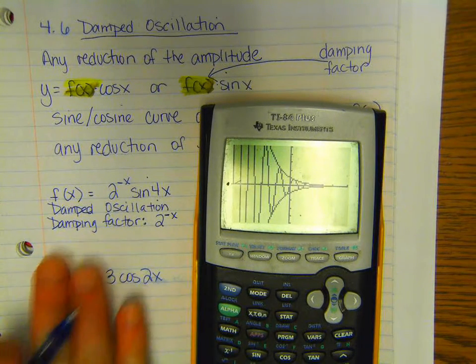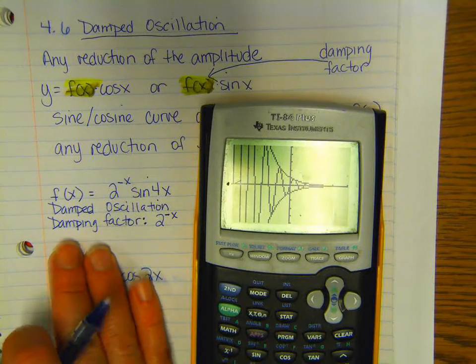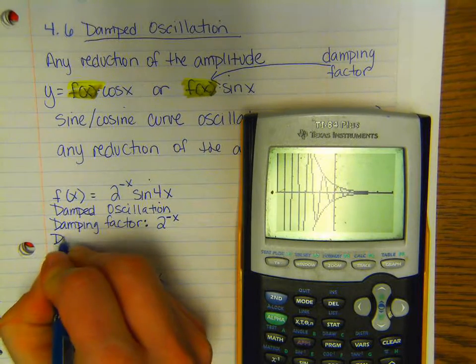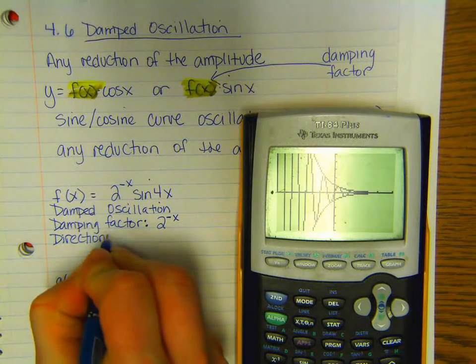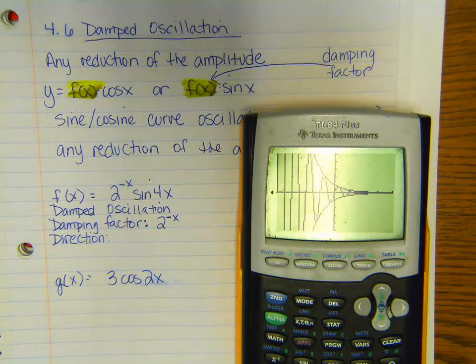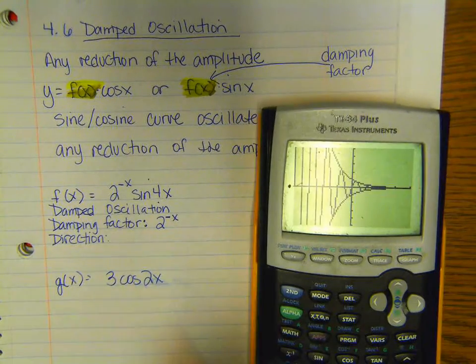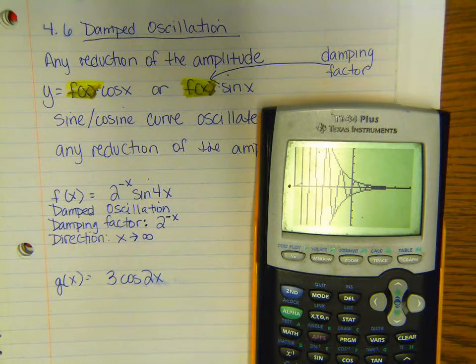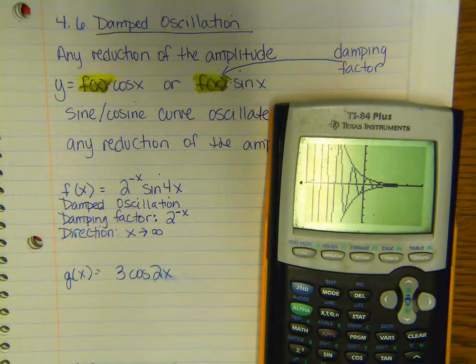Okay. Now the last thing, if it is damped oscillation, is you should be able to describe for me the direction. So as x goes in what direction is the amplitude getting smaller or being reduced? As x goes to, good, what did you say louder? Yeah, so the direction that the damping occurs or the reduction occurs is as x goes to infinity. Okay,